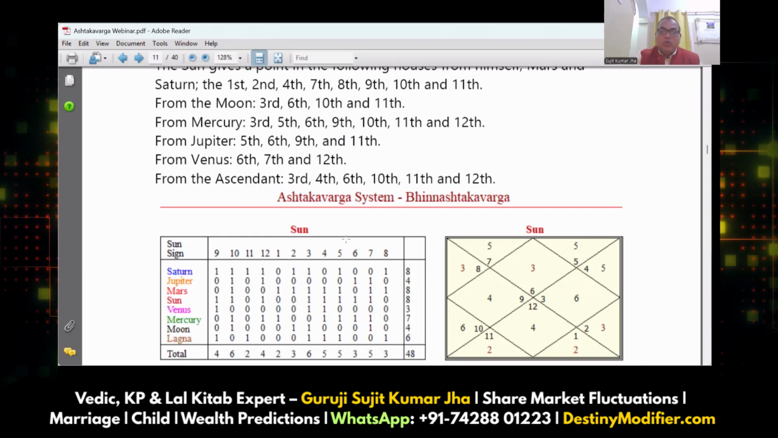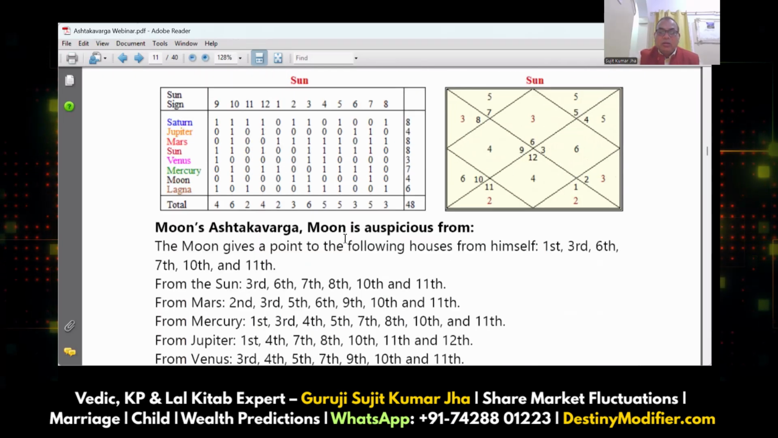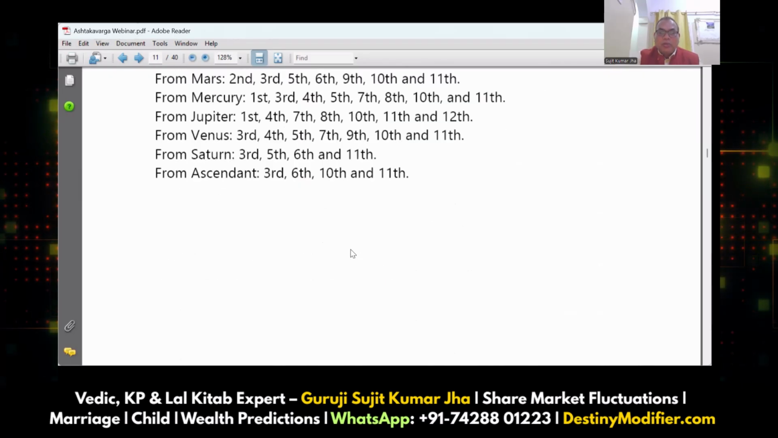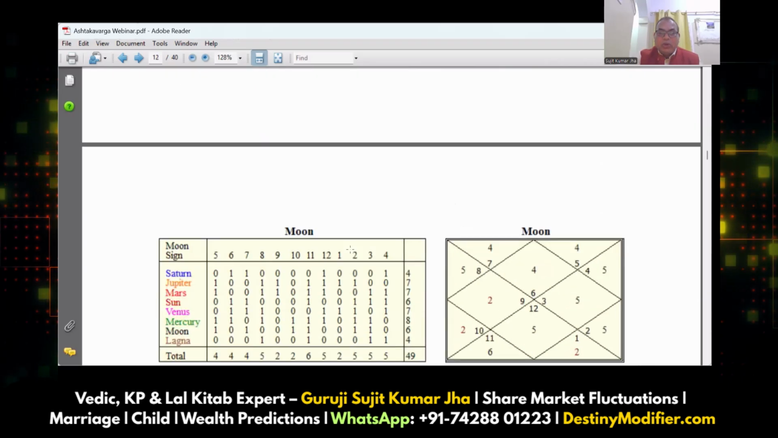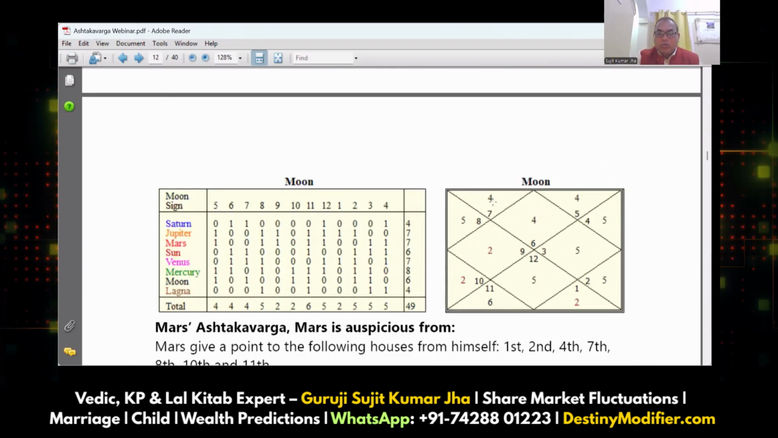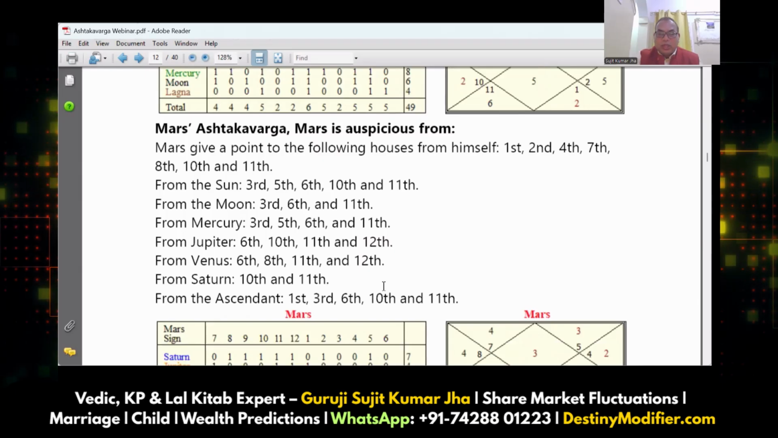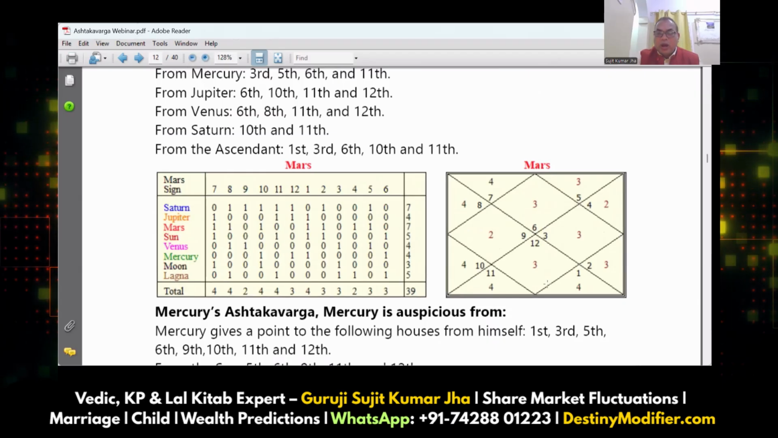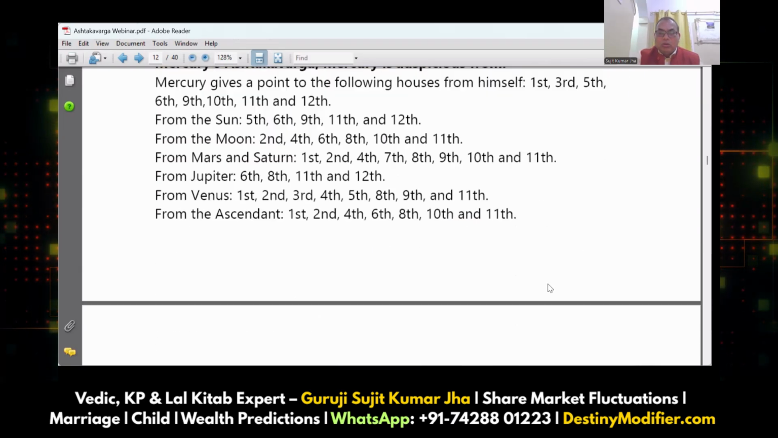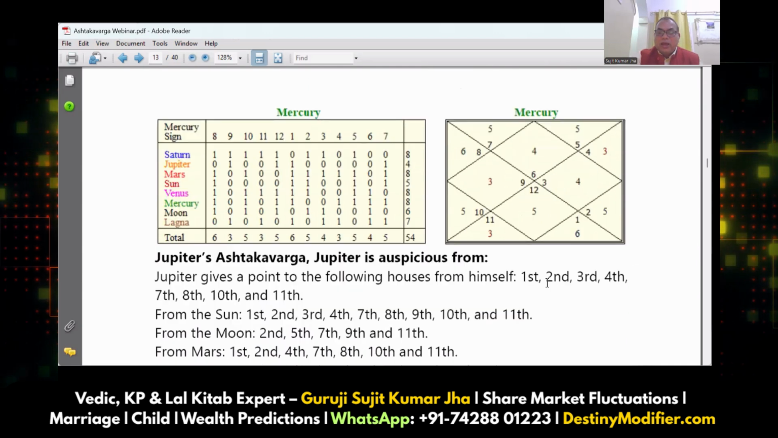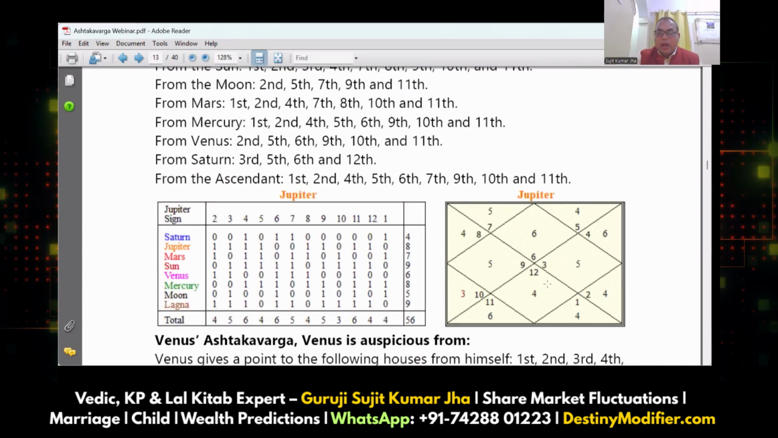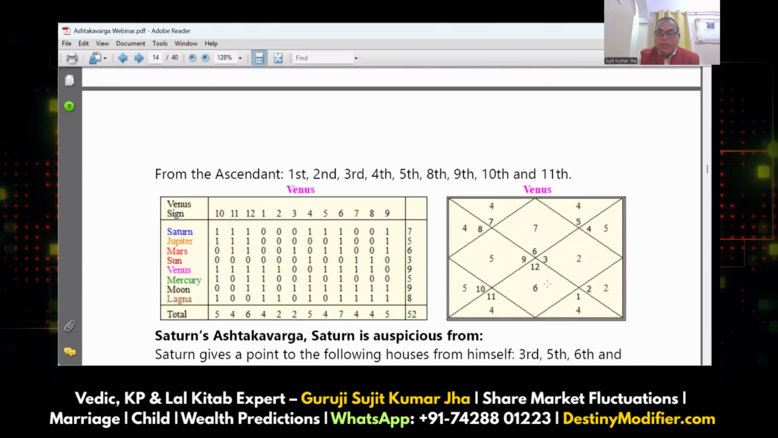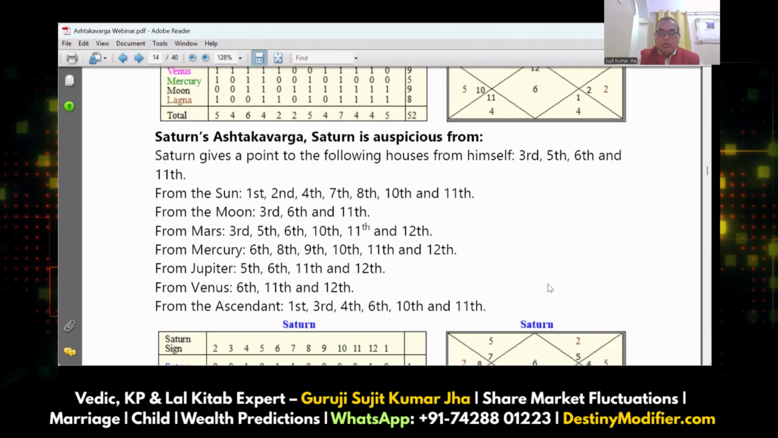And same concept we'll use to create for Moon. This is the rule on what basis Moon give the point, and we will create the Ashtakavarga for Moon. Same, this is the rule. On basis of this, create Ashtakavarga for Mars. So these are the rules to create the Ashtakavarga for every planet. And after preparing the every planet Ashtakavarga,